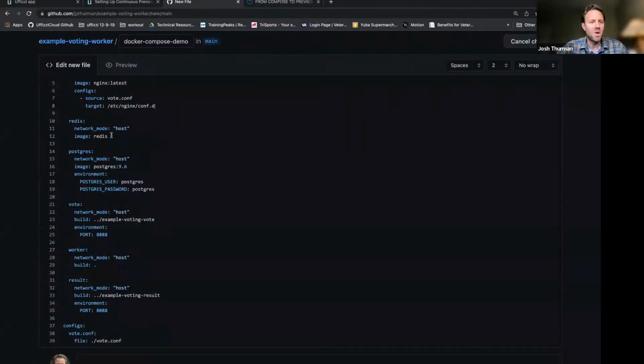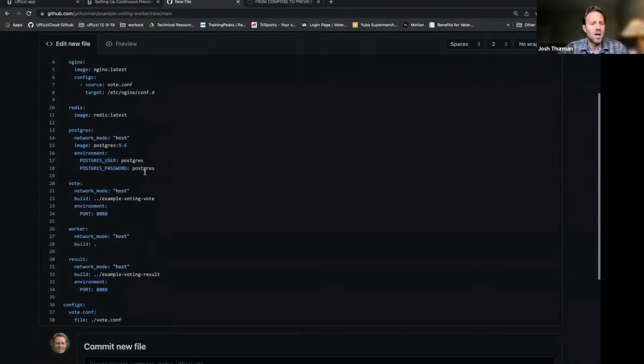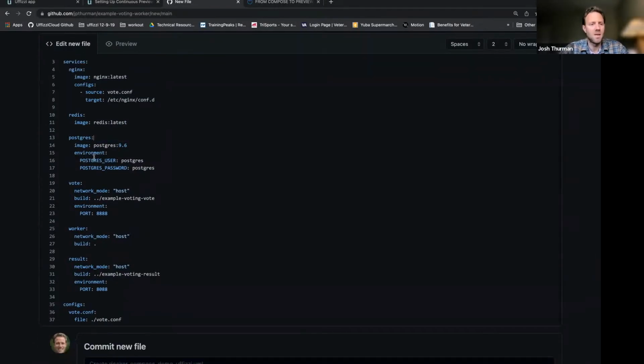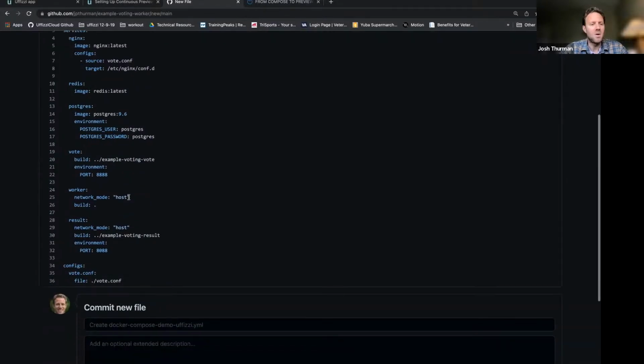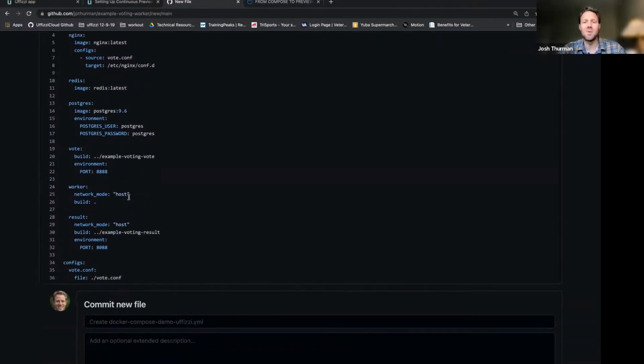Okay, I've got Redis. Yep, I don't need this. And I am going to go ahead and designate latest. All right, we got Postgres. Let's go ahead and get rid of this. This looks good. Okay, now I'm going to be building these from my remote repository on GitHub, my version